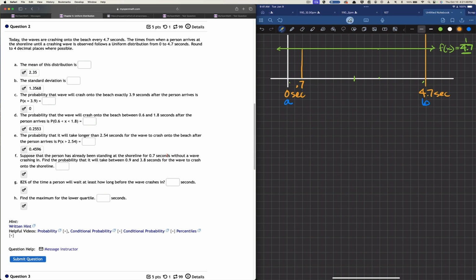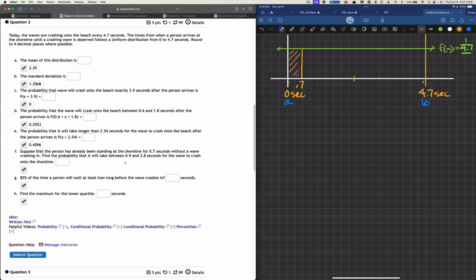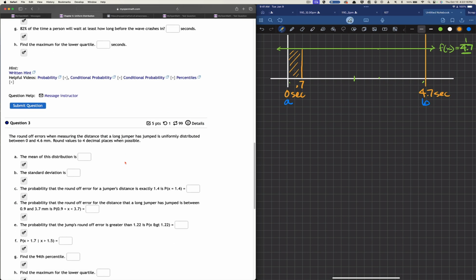So this time has already gone away. Okay? That time has already gone away. The wave has no opportunity to crash between 0 and 0.7. It has no opportunity because it has already gone away. Okay? So that time is gone. This is a conditional probability. Okay? We would write this